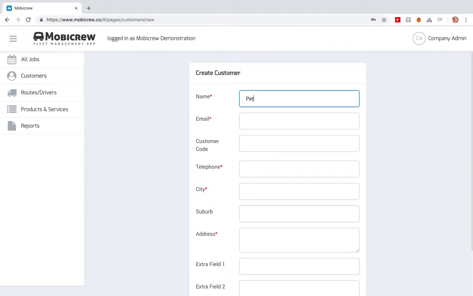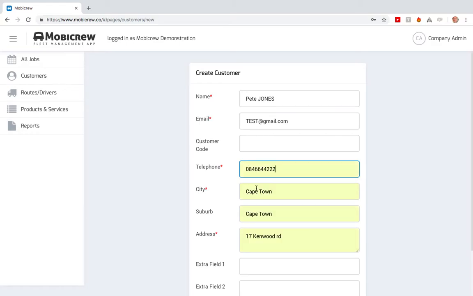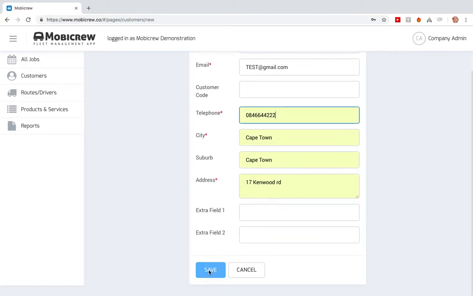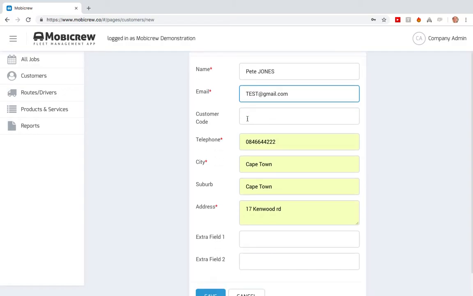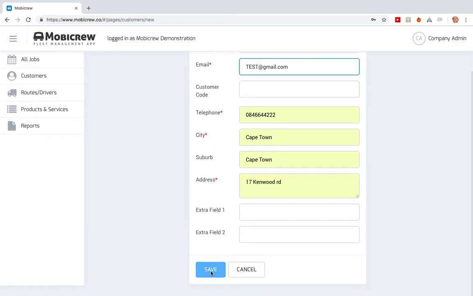So we'll call this customer Pete Jones. It could be a business name. It could be any name that your customers have. Okay, and we'll fill in phone number. Let's just use that one we had there. And we'll fill in the address and press save. Okay, this email is important because this is where they receive their automatic PODs and their automatic invoices that come through Sage. And then once we save this,